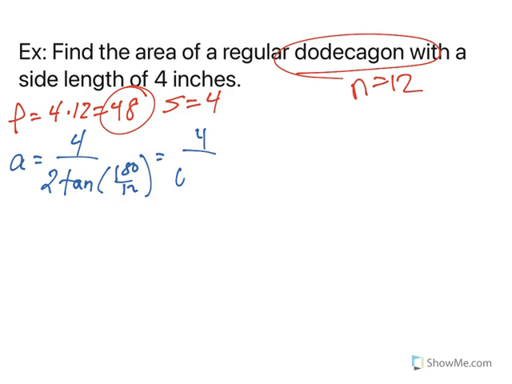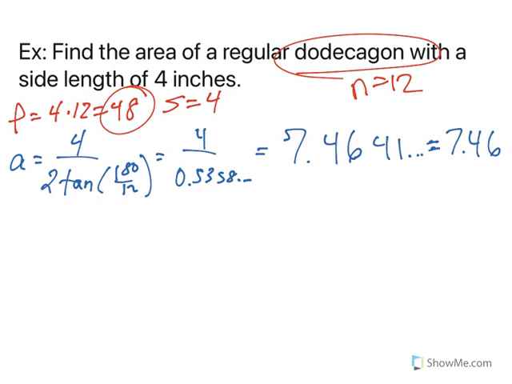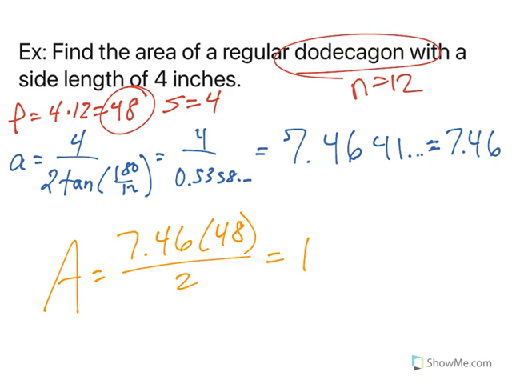My denominator is approximately 0.5358. So I end up with an apothem of approximately 7.4641. We're going to round that to 7.46 for easy figuring. That makes my area 7.46 times 48 divided by 2, which comes to approximately